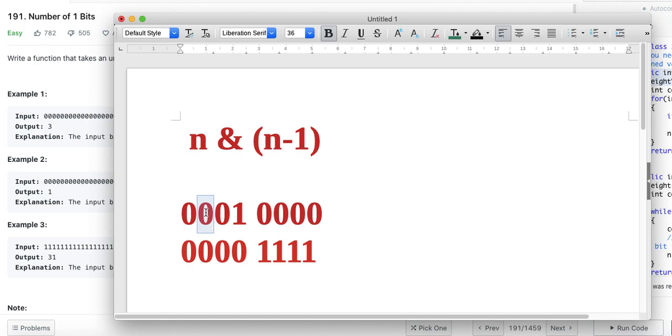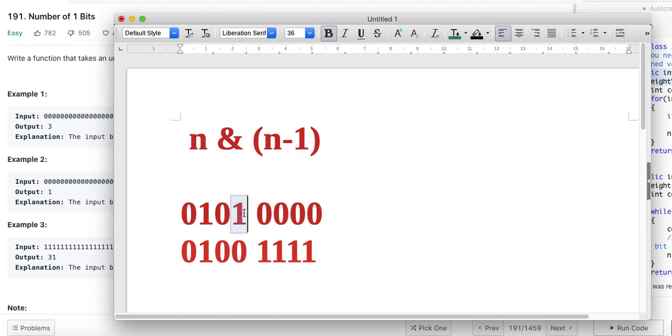When you subtract 1, what happened is, you took the carry from here, so this 1 became 0 here, and all these other bits became 1. What did we say? It unsets the first set bit from the right.